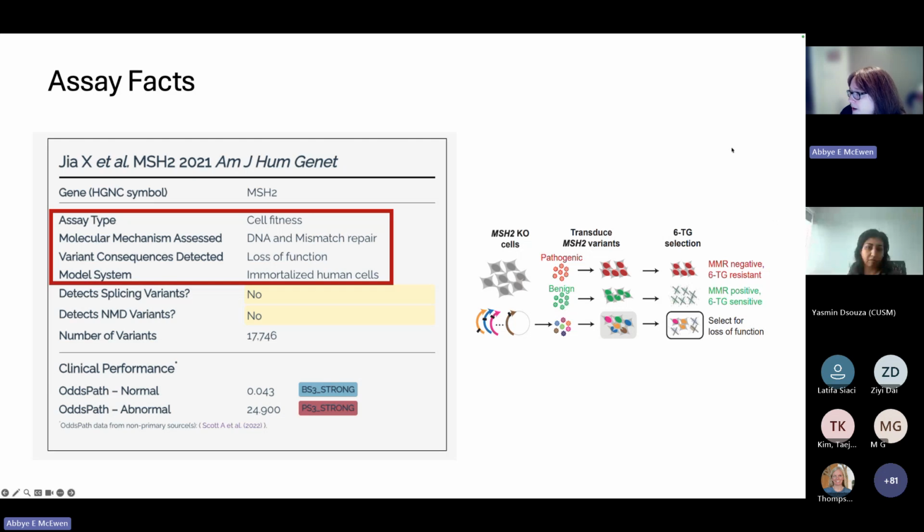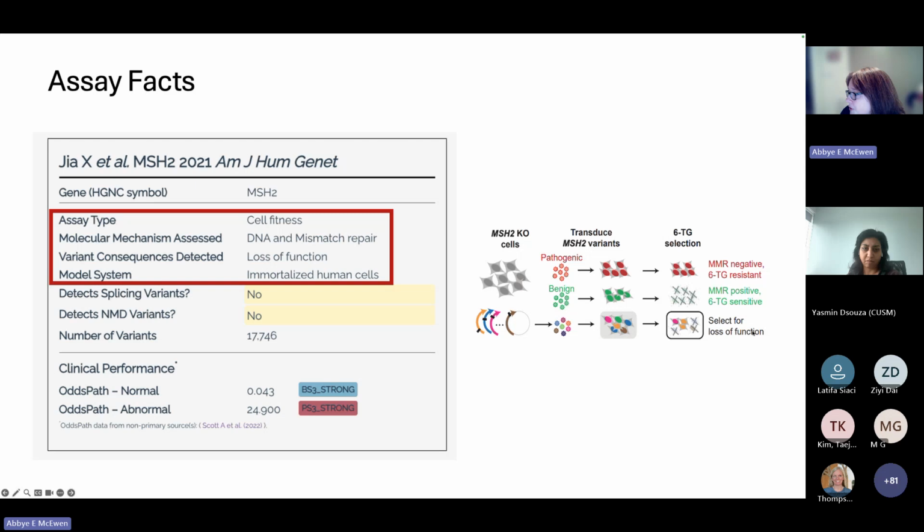So this was the paper out of Jacob Kitzman's lab that looked at MSH2 loss of function in a human cell line. And in this type of experiment, variants are introduced into this cell line using plasmid cDNAs. And then a drug called 6TG is applied, which is known to select for cells that have